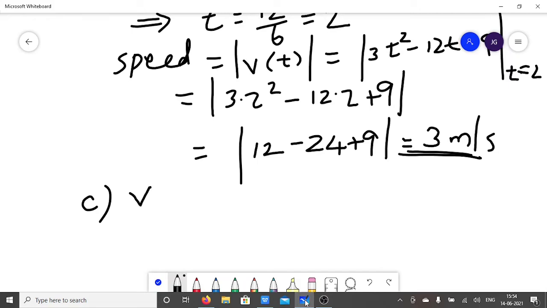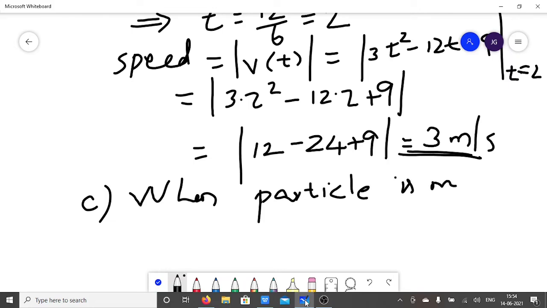We have to identify when the particle is moving in positive direction and when the particle is moving in negative direction. So when particle is moving in positive direction,